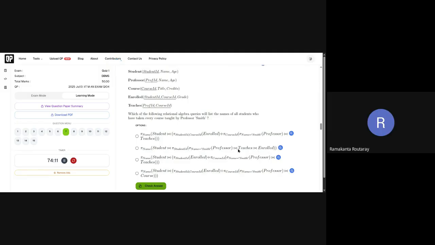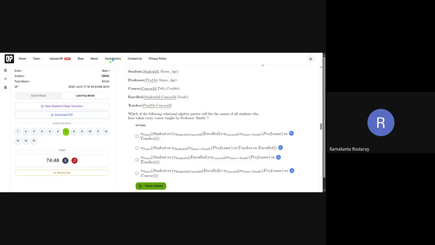The second one is actually professor, then teachers. But it is only taking student ID from enrolled. That's why it is wrong. From student, it is joining just the student ID, but we need student ID and course ID as well from enrolled. And it is taking from professor, but we want student ID and course ID from enrolled. So the second option B does not contain course. That is the reason we should exclude it immediately. It is incorrect, yeah, absolutely.